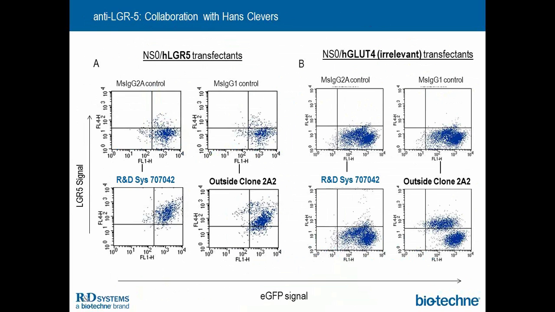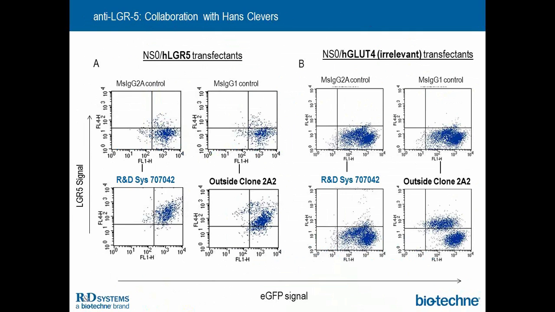Okay. As I mentioned earlier, sometimes we have to go to transfectants. It is not necessarily our most highly sought after testing system, but in this case, we really had very few options. LGR5 is a stem cell marker in colonic crypts. Since it is a stem cell marker, it is expressed at very low levels, which makes the detection very, very difficult. So we decided to start this work using transfectants and also bringing in a clone from the outside that had been